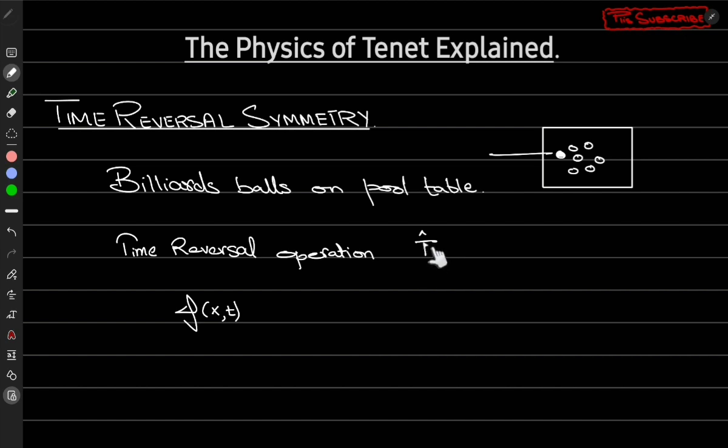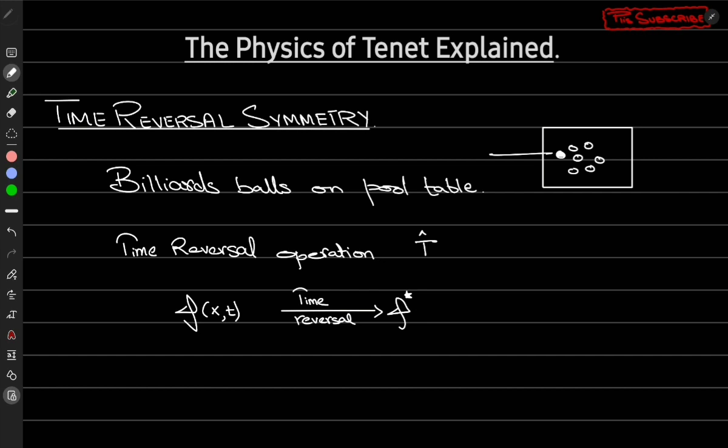It is defined as the operator that reverses the direction of time. So now, suppose that this psi of x comma t is a wave function that describes the state of a system at some position x and time t. Then the time reversed wave function will be given by, so under time reversal,